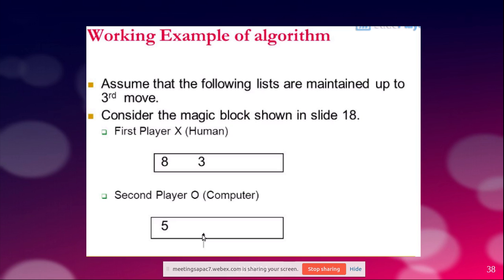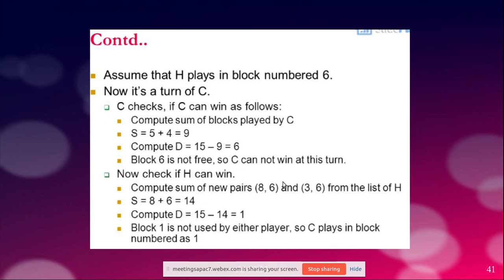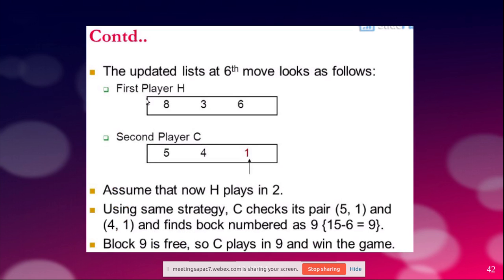Now it is the computer's turn. It just takes 2 of them and adds them, it is 11. 15 minus 11 is 4, so it just places a 4 here. That means a nought is placed where it is 4. So 15, 8 plus 3, 11. 15 minus 11 is 4. So that way you can do it. So that's a different way of working. So 8, 3, it makes 4.